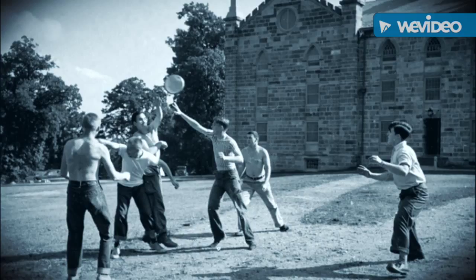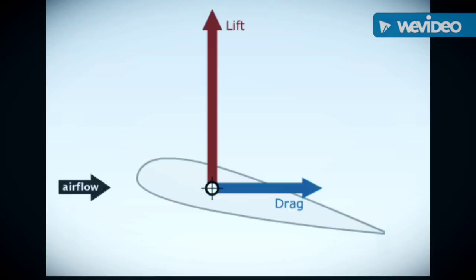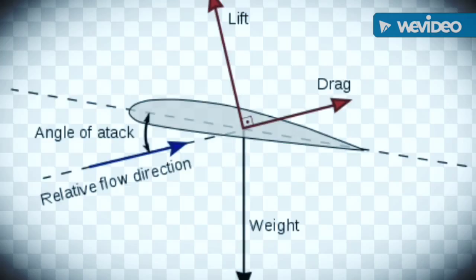On to the physics in Frisbee. Two factors influence the flight of a Frisbee: gravity and air. Gravity acts on all objects the same way, accelerating their mass towards the center of the earth at 9.8 meters per second squared. These factors end up affecting the Frisbee's lift and drag, which are key forces that act on a Frisbee during flight. Lift is the force that allows the Frisbee to stay airborne, and in flight it opposes the force of gravity on the disk's mass.